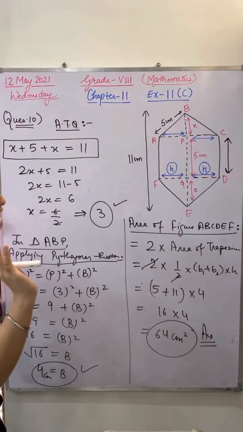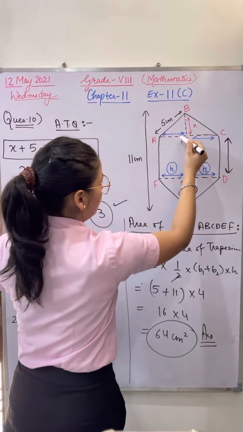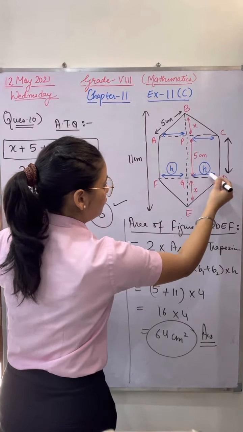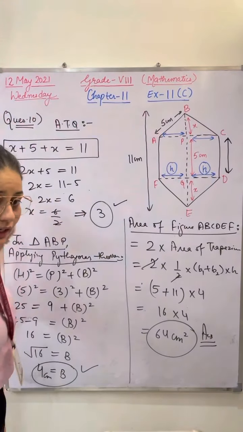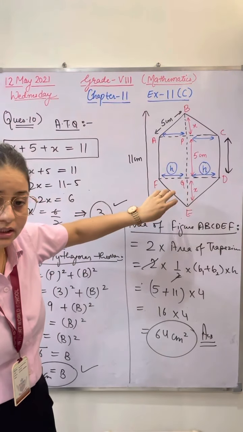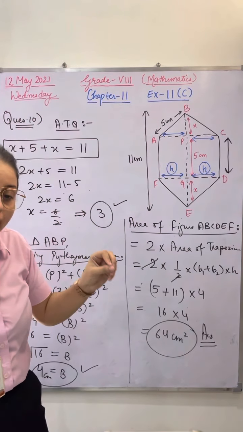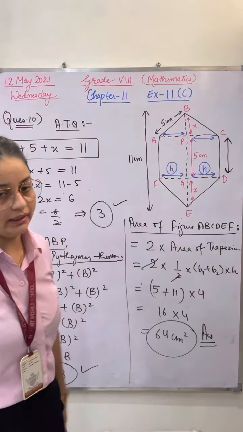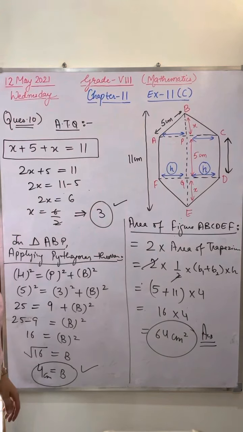Some students were saying to me, ma'am, 6 parts: 1 triangle, 2 triangle, 1 rectangle, 2 rectangle, then 1 more triangle, 1 more. My God. 1, 2, 3, 4, 5, 6. You will take out the area of all 6 shapes one by one, then add, and the answer will be right. But that will be time consuming. Go with the easiest one. I don't think this is difficult. If you go with two trapezium, it is very easy.